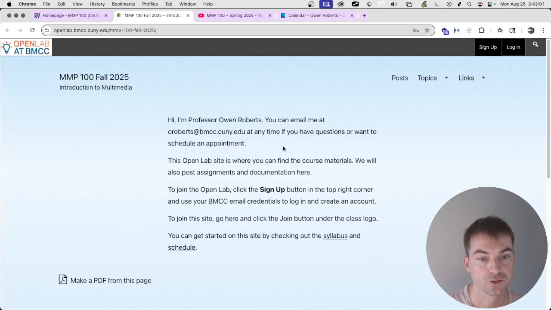So I like to use the Open Lab. I organize all my stuff here. The one thing that I do in Brightspace is grading, because obviously we don't want everybody's grades to be publicly available. So that's the way that I break things down. The Open Lab is for all of the course content and where you guys are going to post your work, and Brightspace is where I do the grading and submitting assignments. So I'll go over posting on the Open Lab in another video. I'll make a video about making your first post. That will come a little bit later.